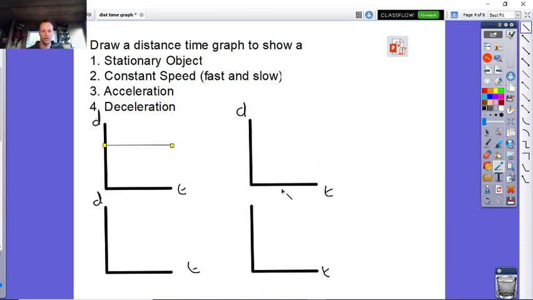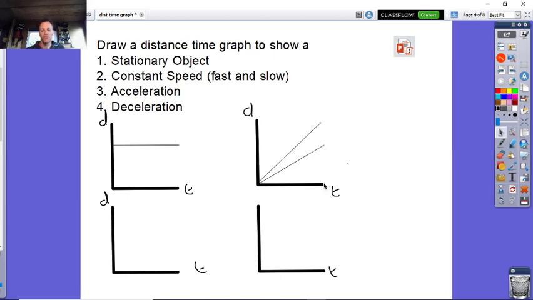If you've then got a constant speed, you should know it will form a straight line like this. It must form a straight line because it's going to go equal distance in equal time. Now, if you've got one line going here, and I'm going to now draw a second line going up here like this,